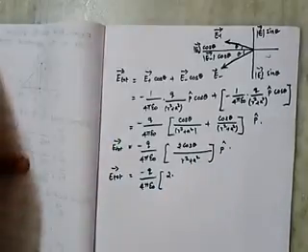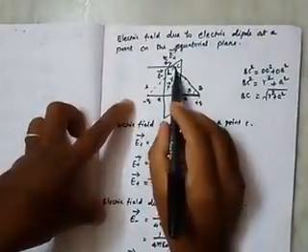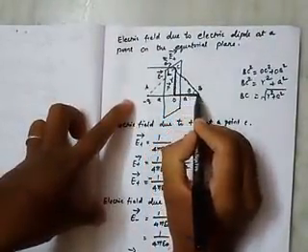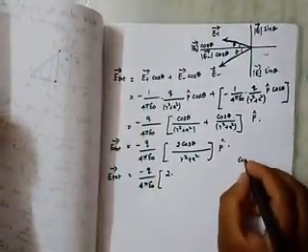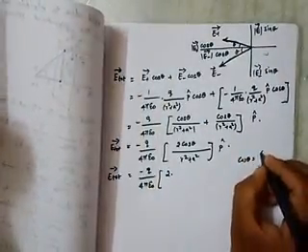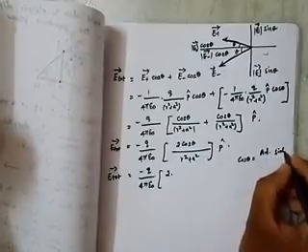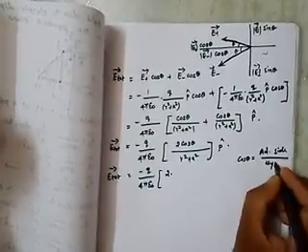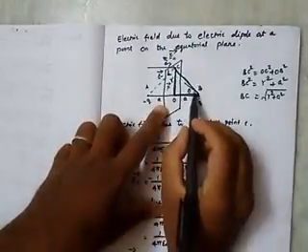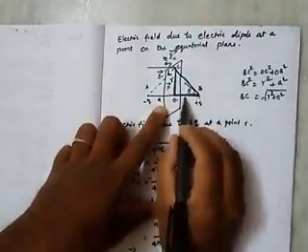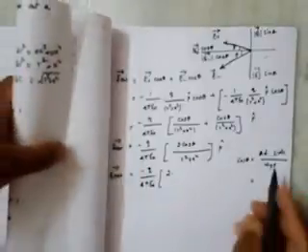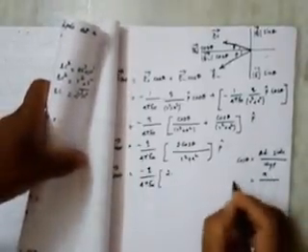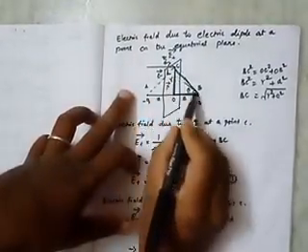So we need to calculate the value of cos theta from this diagram. According to this diagram, how can you calculate the value of cos theta? Cos theta is equal to adjacent side divided by hypotenuse. So from the theta, which is the adjacent side, here we can take OB as the adjacent side, so that is equal to a. So cos theta is equal to a divided by the hypotenuse. Which is the hypotenuse? BC is the hypotenuse.